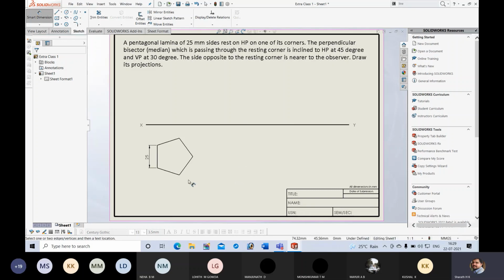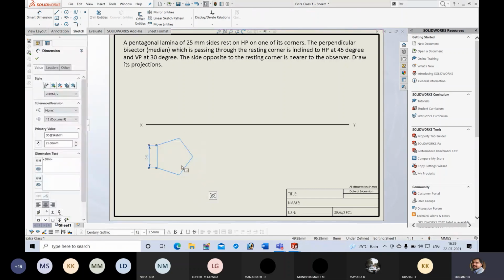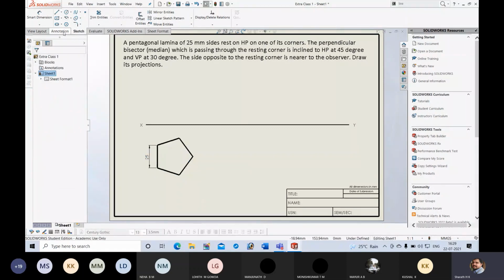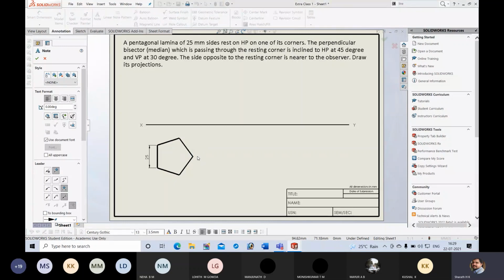Next, after drawing the polygon, I will select the sides of this pentagon and increase the thickness to 0.4. Next, annotation, note. I will name the points, so for typing these letters you should go to the note command.